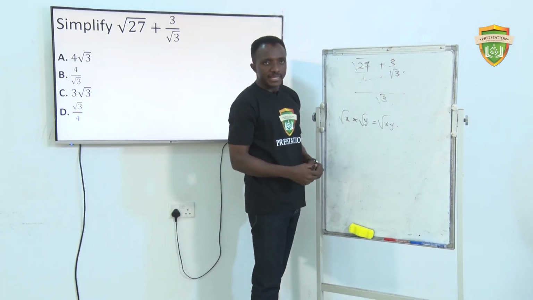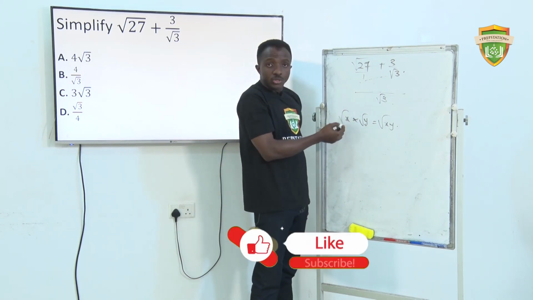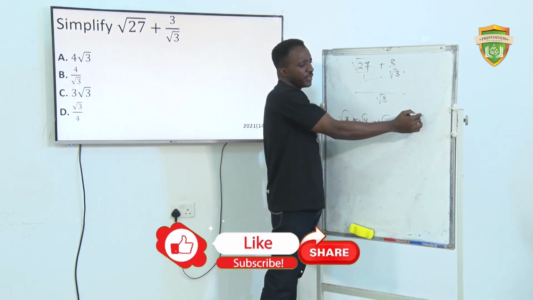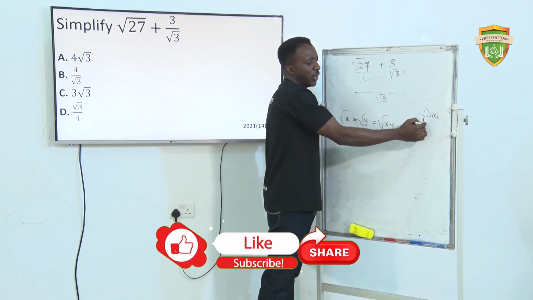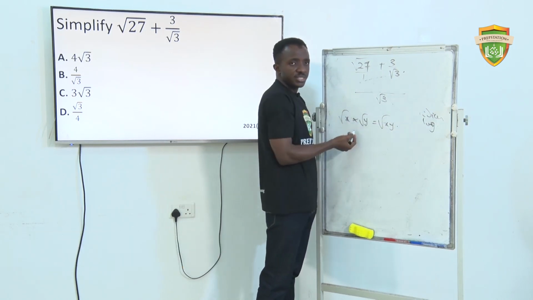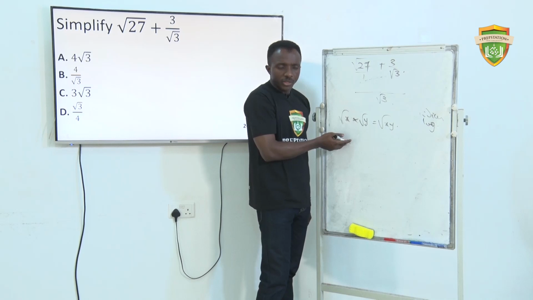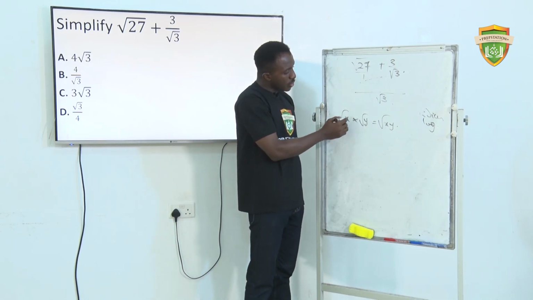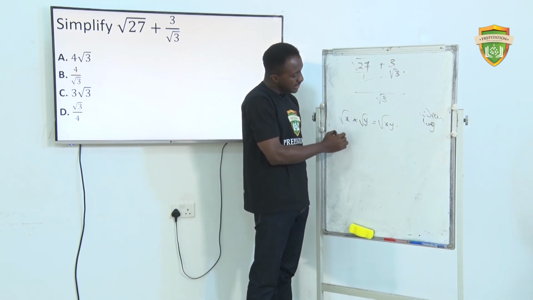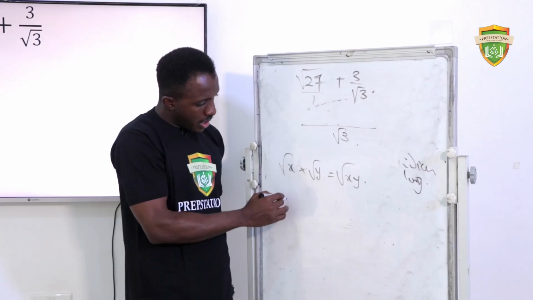This question. I said this is one of the laws of surds. I've given you the laws of indices and logarithms. Now this is surds. So this is one of the laws of surds. It's also very important to note that if you have